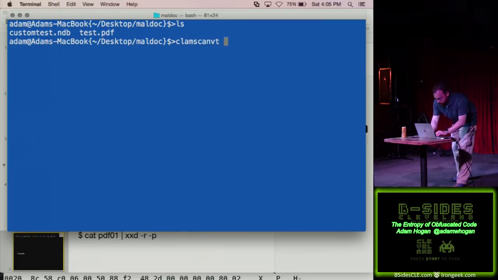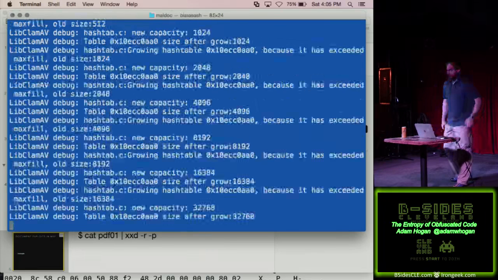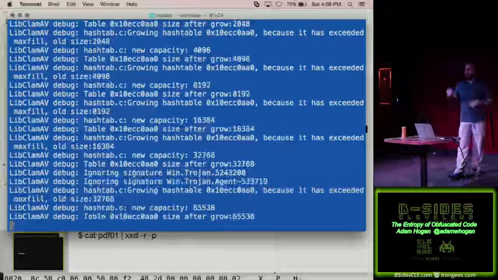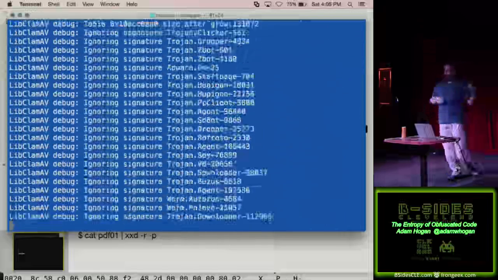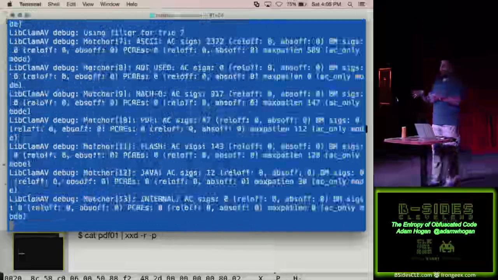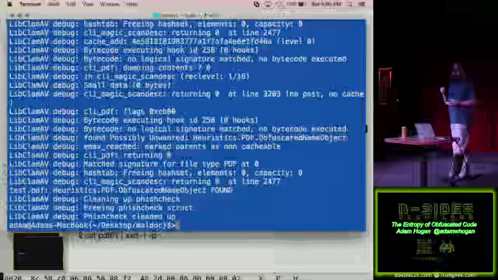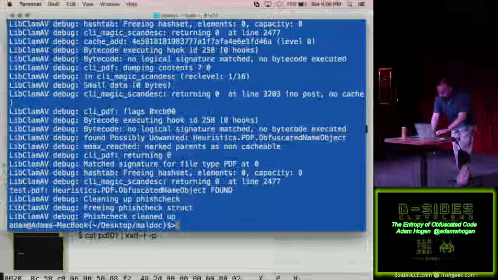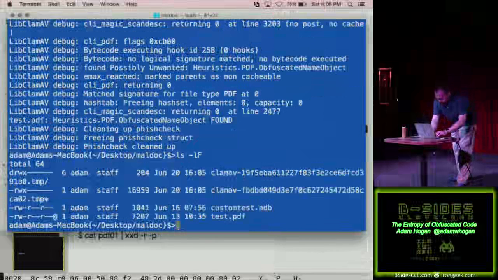So if we take a look at that, I'll run Clam, and it's going to parse through this PDF. It's going to check all the AV signatures, and actually it's going to come back with a hit. There's a heuristic score that says, hey, there's a lot of weird hidden stuff in this. But it's also extracting all the objects that make up a PDF document, so I can take a look at them individually. Now I have a directory here,